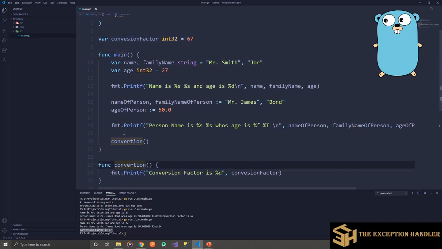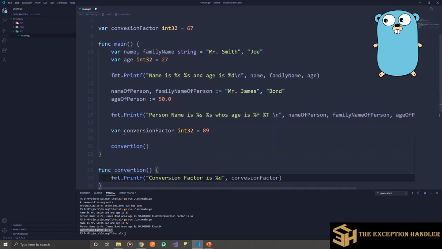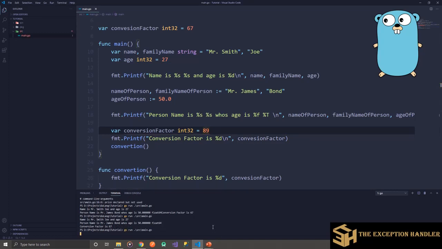But in case I declare a variable again over here with name as conversion factor of type int32 and assign a value of 89, and I try to print this over here, then what should be the result?